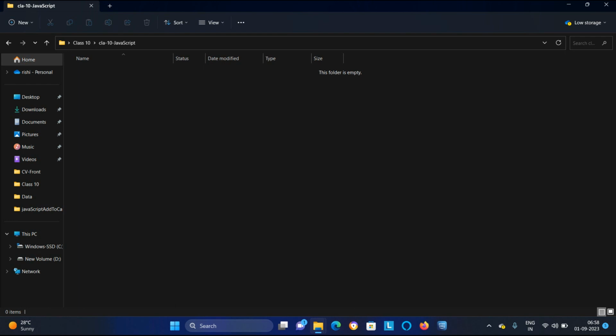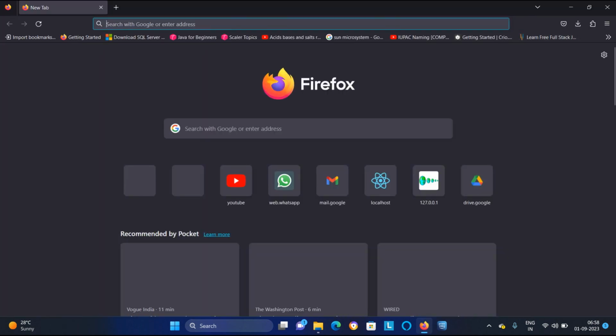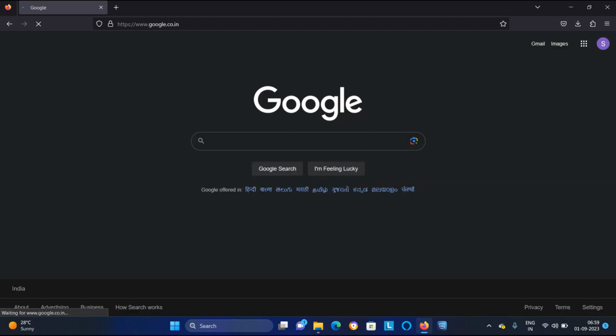Before opening it in the code, I want to tell you that your VS Code must be installed in your PC. So for that, what will you do? You will go to Google. It will take some time, I think. Here type VS Code.